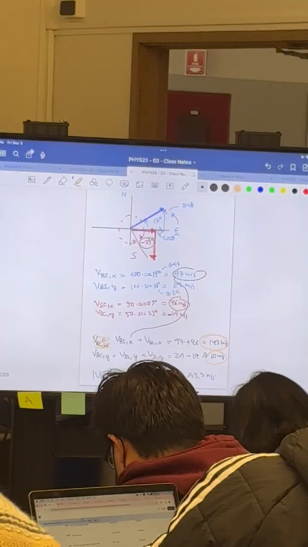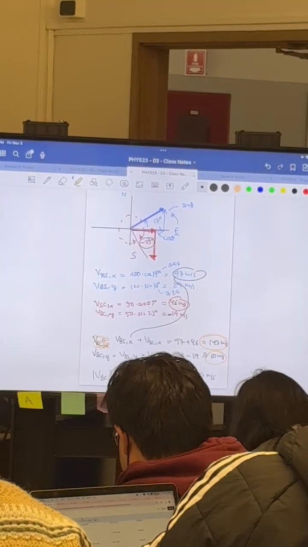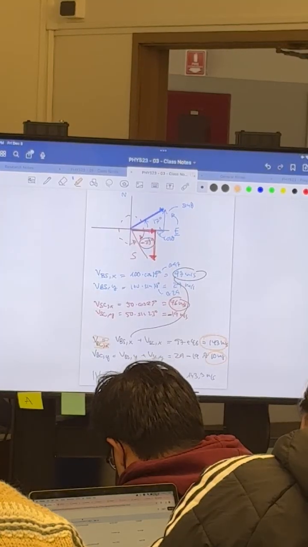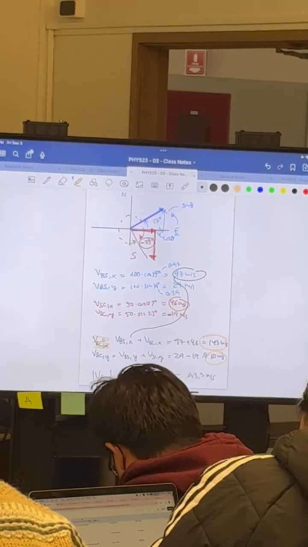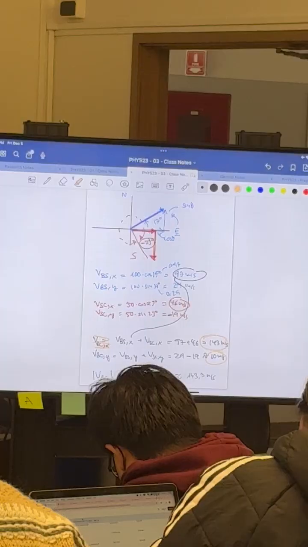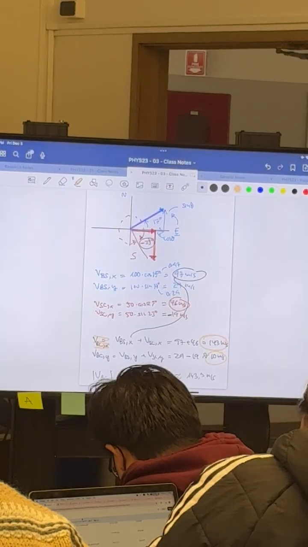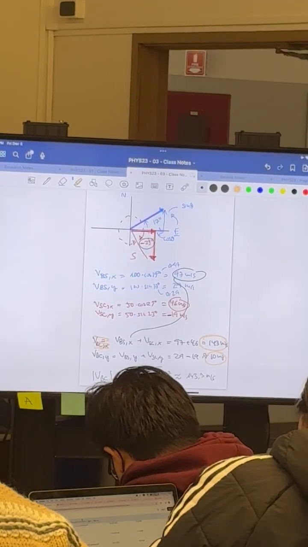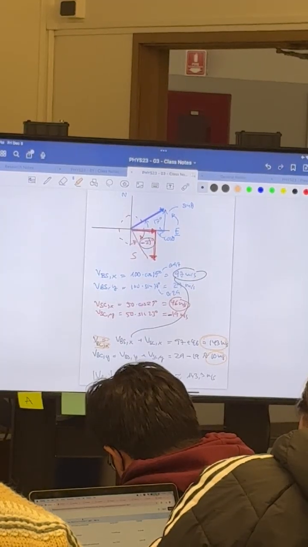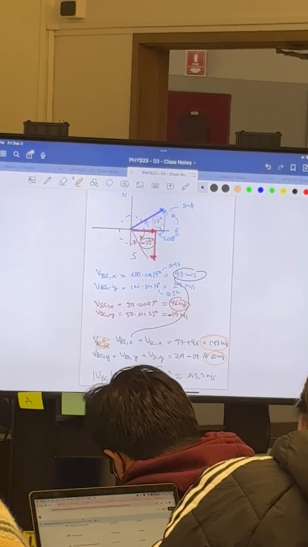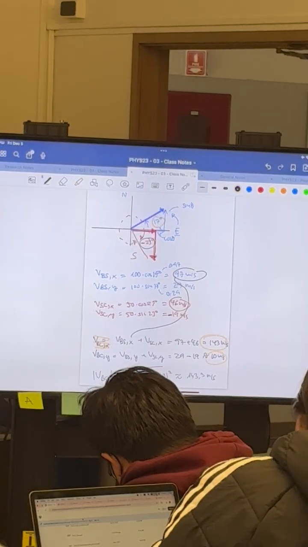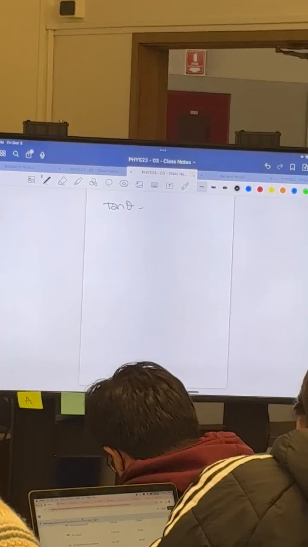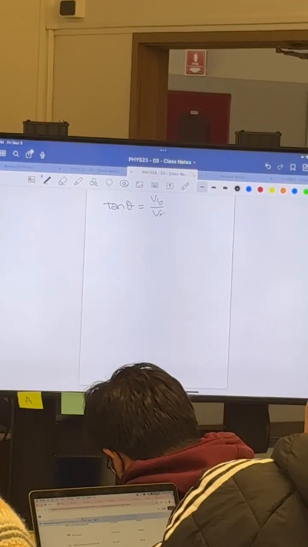The ball is going in this direction, the water is going in this other direction, so both of them are pushing the ball in that direction, so it goes a lot faster to the right. But one is going up and the other one is going down, so it slows down. It's going to go a lot faster to the right than up, because along the up direction it slows down because of the current. That gives you a vector that's presumably more parallel to the x-axis, so if initially it was 17, we're expecting a number that's smaller. This one should be of the order of the tangent of the y component over the x component,